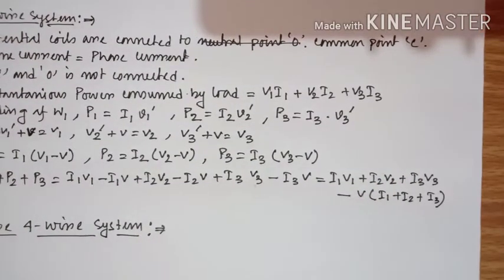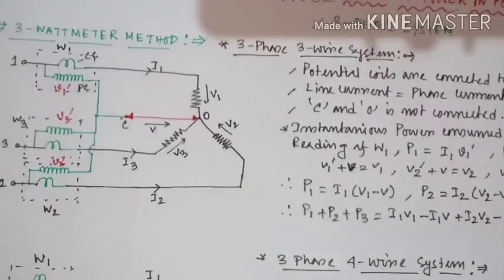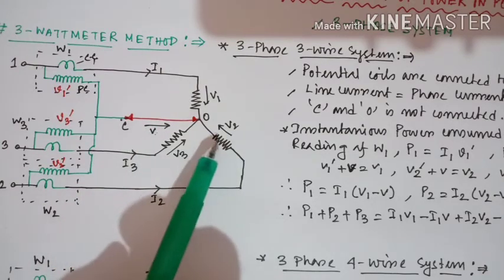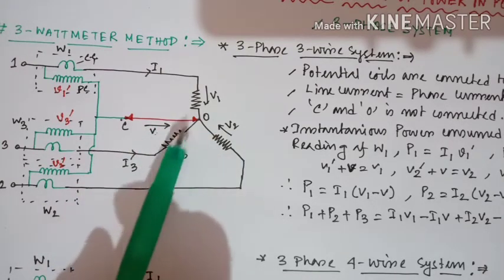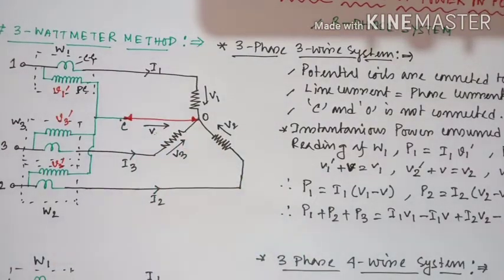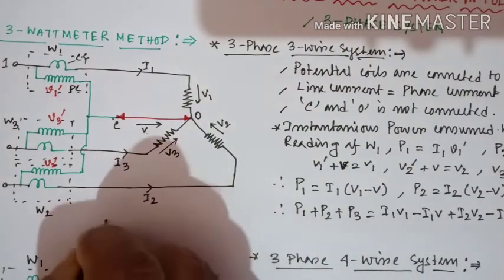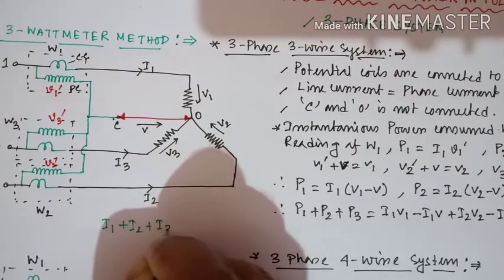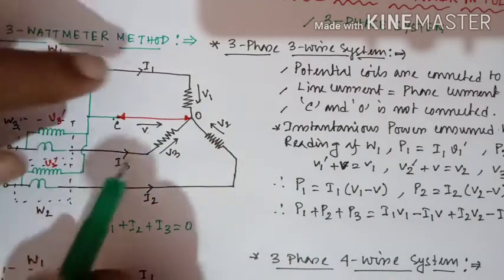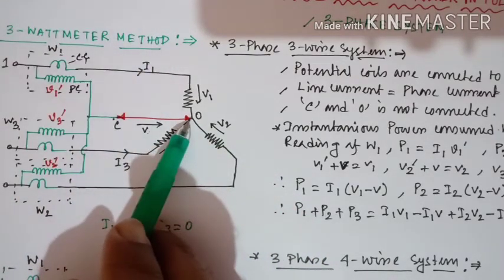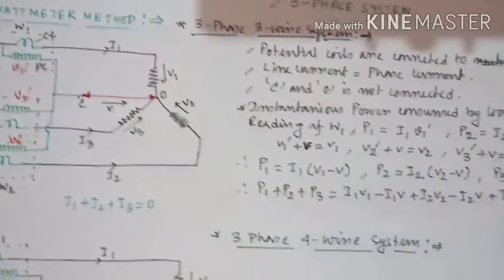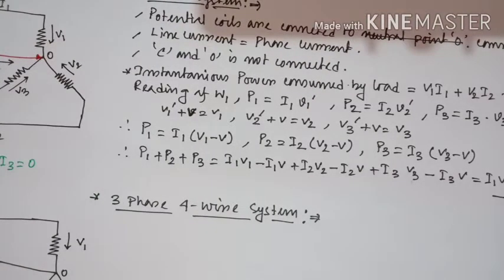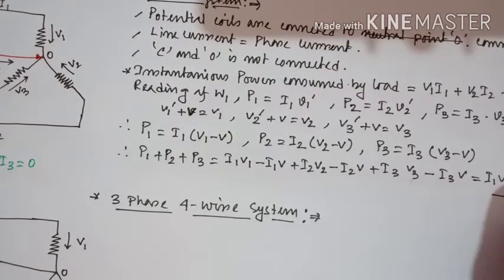Now look at the circuit diagram. So what is I1? I1 is the branch current coming here, I2 is the branch current of this second arm, I3 is the branch current of the third arm. So by applying Kirchhoff's current law, we can write down I1 plus I2 plus I3 is equal to 0, because all three currents are coming to this particular point, so their summation has to be 0. So putting this value, the whole term tends to 0.